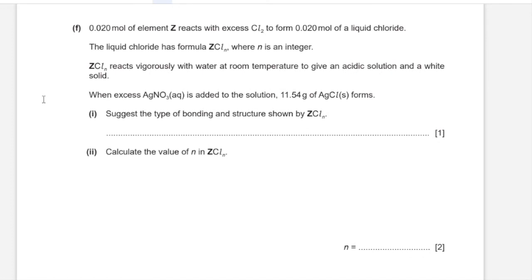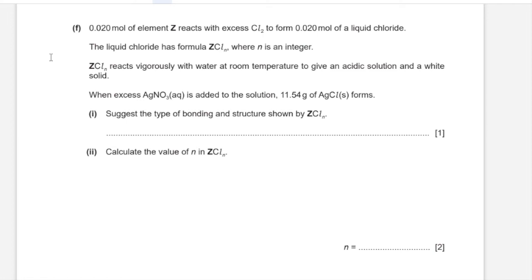If 0.02 mole of element Z reacts with excess chlorine to form 0.02 mole of liquid chloride, the liquid chloride has formula ZClN, where N is the number of chlorine atoms in the compound. ZClN reacts vigorously with water at room temperature to give an acidic solution and a white solid. When excess silver nitrate is added to the solution, 11.454 grams of silver chloride forms. One, suggest the type of bonding and structure